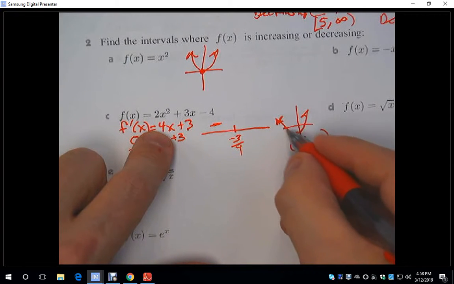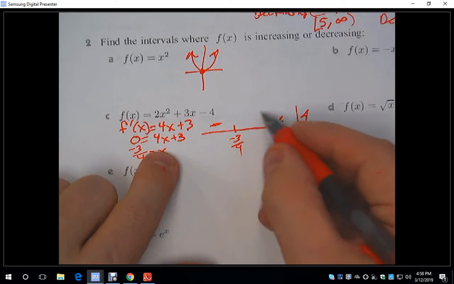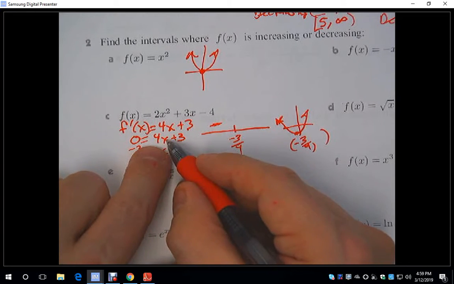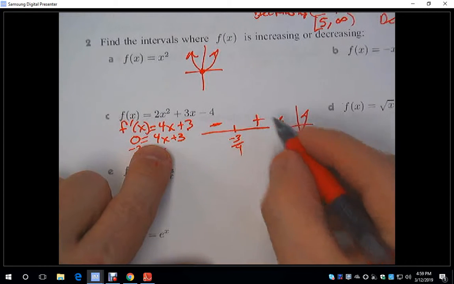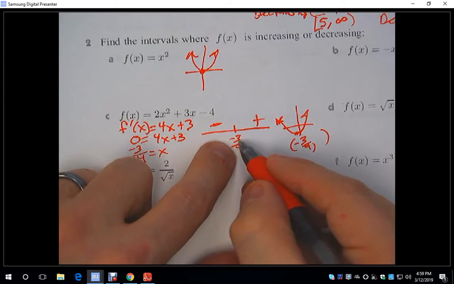We're decreasing. And then what happens on the other side? Let's find some value. How about a positive 10? So 4 times 10 is 40, plus 3 is 43, so that's positive. So the graph decreases with a negative slope up until this negative 3/4, and then it reverses and it